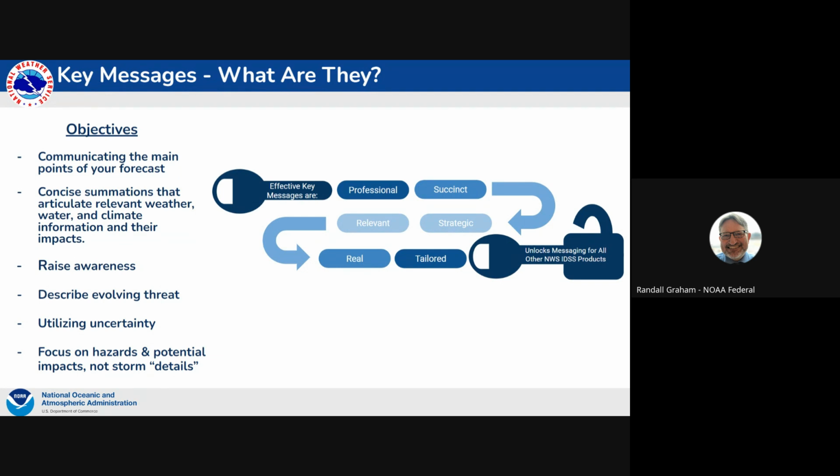But you really want to focus on the hazards and the potential impacts, not storm details. And we don't want to get into a low pressure is forming here and moving to there kind of thing. You want to just get down to what the impacts are. And some of those tools that Jenny described, the impacts are very evident, like the ECMWF EFI data is very